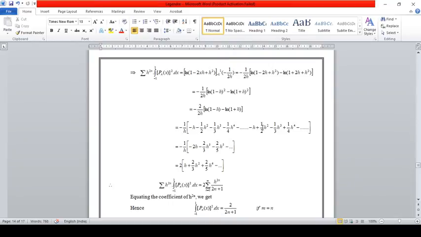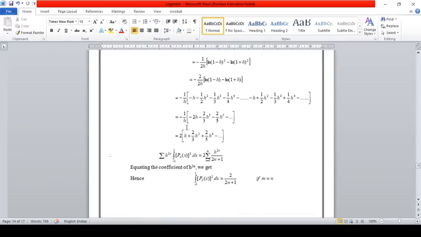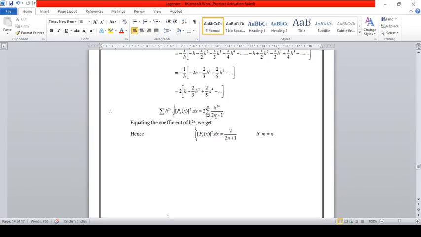and this minus symbol applies to the series, so minus h plus 1 upon 2 h square minus 1 upon 3 h cube plus 1 upon 4 h raised to the power 4, and the alternate terms cancel. Then we get 2 h minus twice upon 3 h cube minus twice upon 5 h raised to the power 5. 2 is again common. This is the series. The expansion of this series, the third formula, is written in summation as 2 summation n is equal to 0 to infinity h raised to the power 2n upon 2n plus 1.